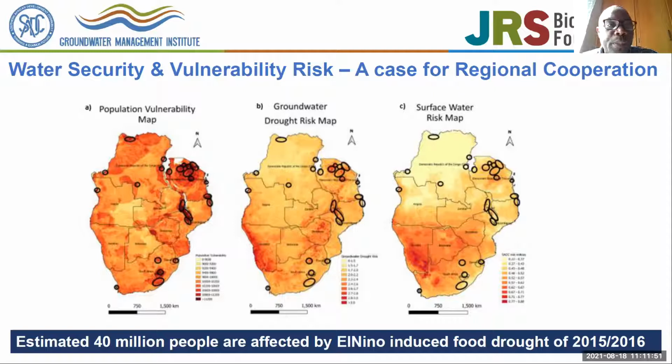We also have pressures that we are gradually and continuously managing in the region. One of them is the population vulnerability to droughts that are more and more severe nowadays. We also have groundwater receding. So we did a study that identified these hotspots, and surface water is also gradually dwindling. And as these pressures mount, there is an argument for cross-border management and interventions that address water resources.